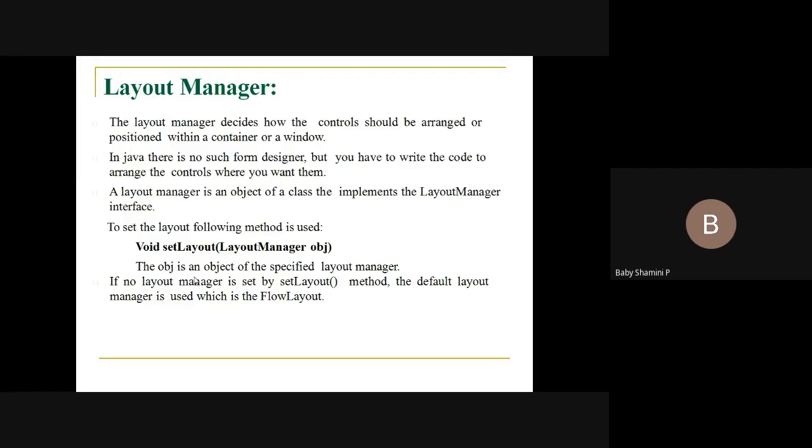If you are not using the setLayout method, it creates a FlowLayout. It arranges the components in the directional flow.